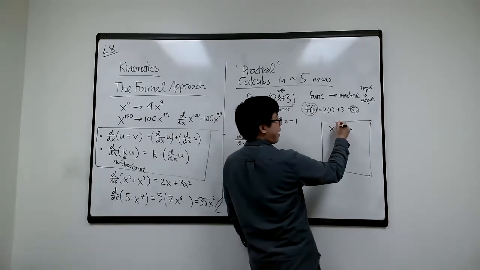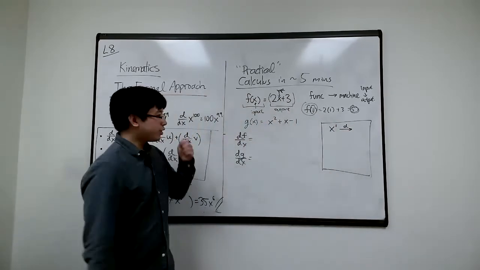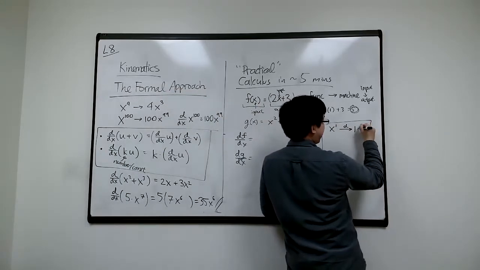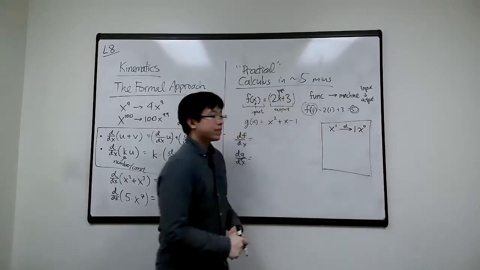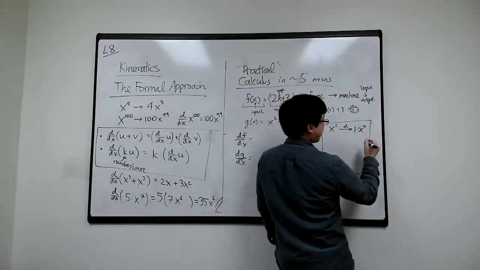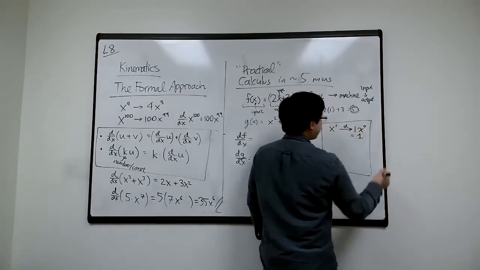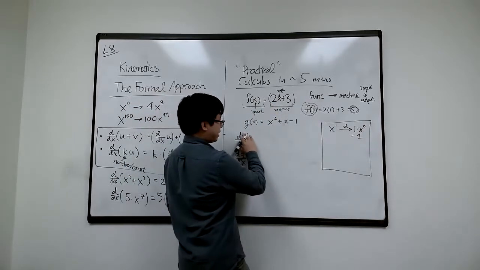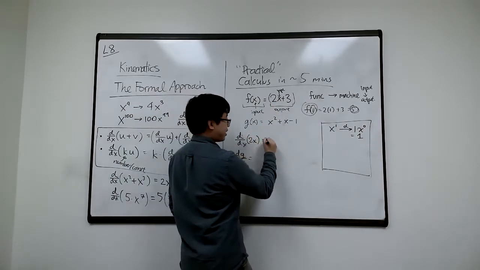Well, that's x to the power of 1, right? So what you can do is just pull the 1 down times x to the power of 0. What's x to the power of 0? x to the power of 0 is 1, okay? So that's just 1. So when you have differentiating something like 2x, let's say differentiate 2x, you can first